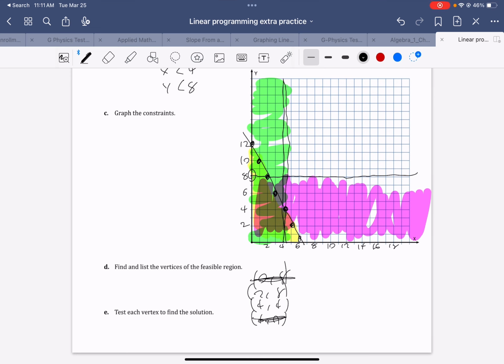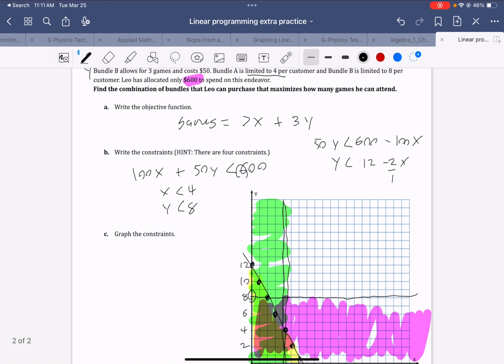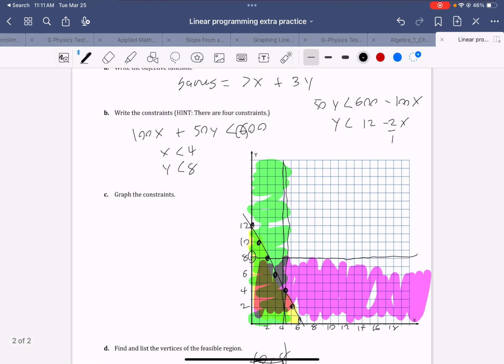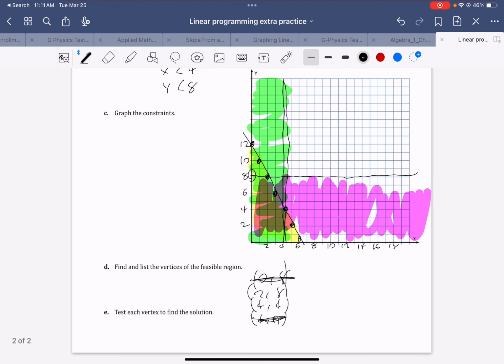Because 2 comma 8 is going to be more games than 0 comma 8, and 4 comma 0 is obviously going to be less games than 4 comma 4. So what we really care about is 2 comma 8 and 4 comma 4. So 2 comma 8 allows us, based on our function up here, to go to 7 times 2 plus 3 times 8 games. 7 times 2 is 14. 3 times 8 is 24. 14 plus 24